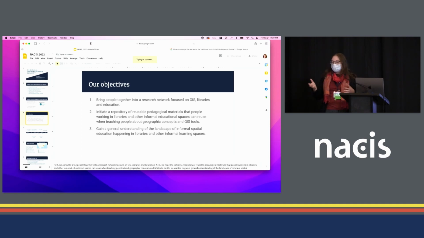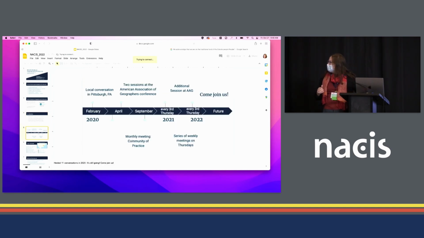And finally, we also wanted to provide access to a place where we could create a communal understanding about what it means to be spatially literate, what it means for our students to be able to say, I've taken a GIS course and I know what I'm talking about, not only to make sure that their work is effective, but to also make sure that students are employable and their employers, when they hire them, know what that means.